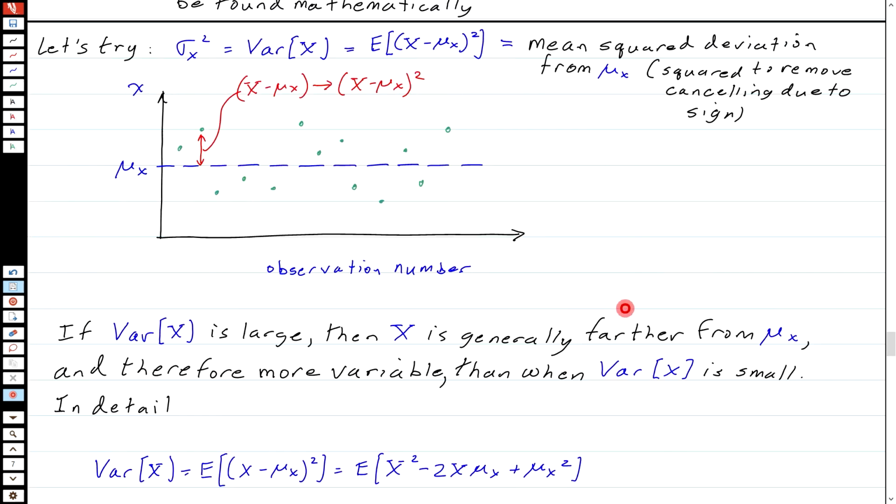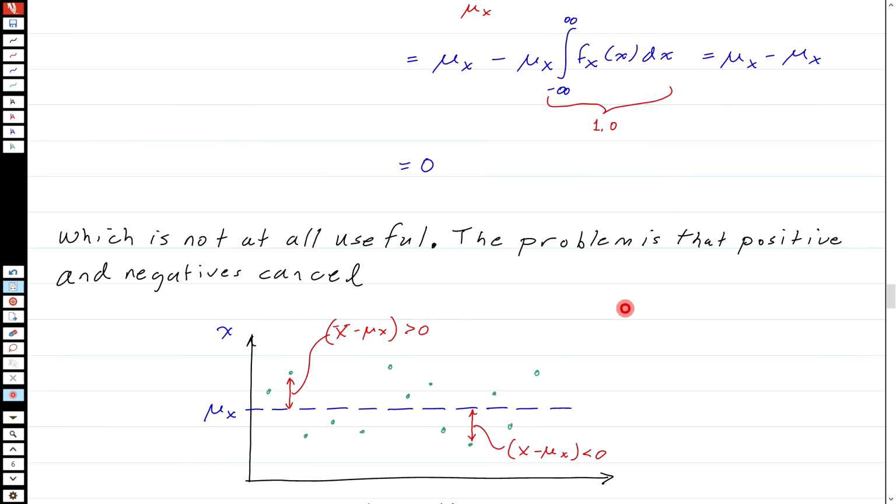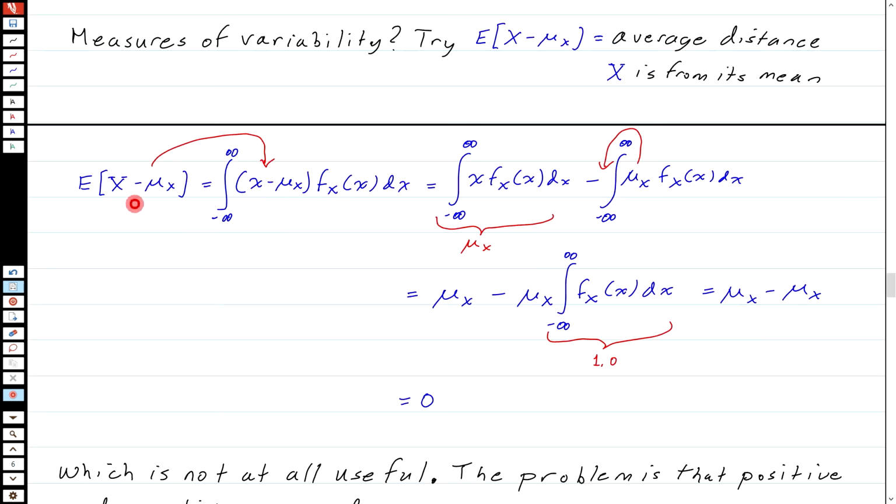We saw this a little bit up here when we computed this integral here. This is the expectation of a sum or a difference, but that turned out to be the expectation of x minus the expectation of mu of x. Okay, so if we remember that rule, we could have immediately said that thing there is just equal to the expected value of x minus expected value of mu of x,